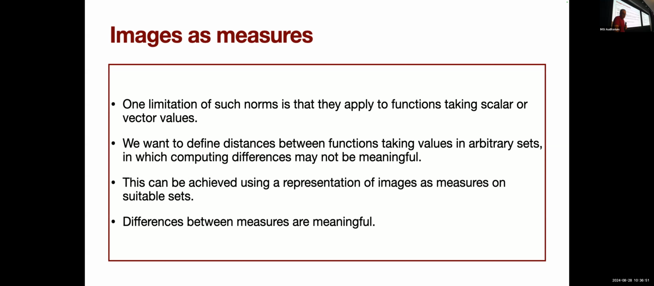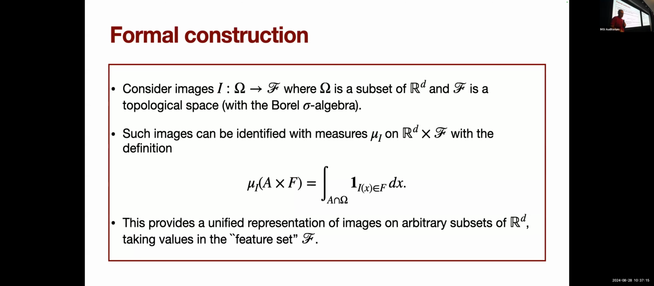And so being able to use arbitrary values in arbitrary sets is an important thing when you compare images. And of course, the L2 norms don't make sense here; there are different options that have already been used in the literature. But here I want to discuss the representation of images as measures. So if you take an image from some space omega to some space F, where omega is a subset of R^d,